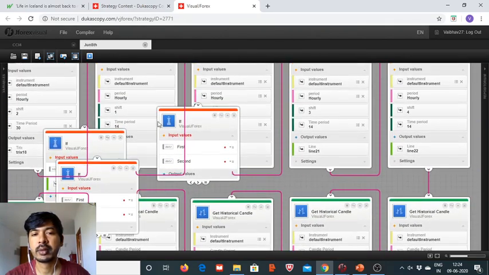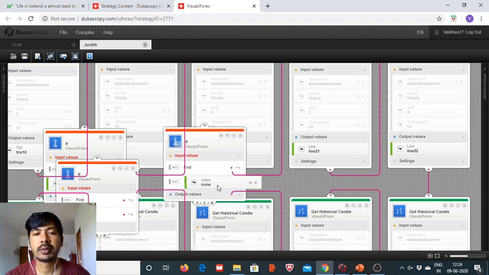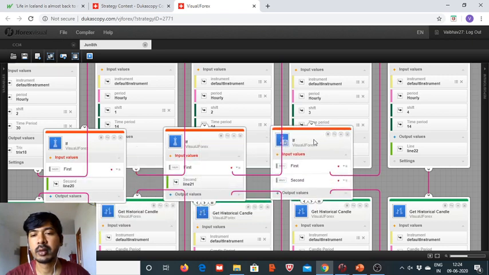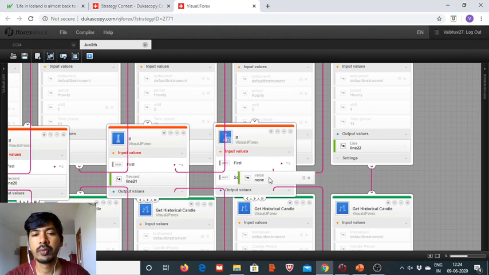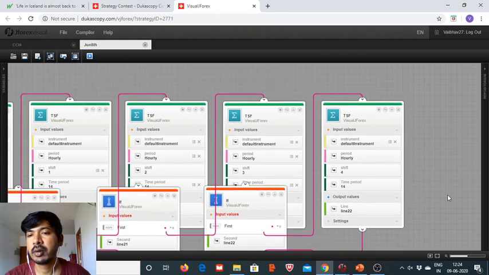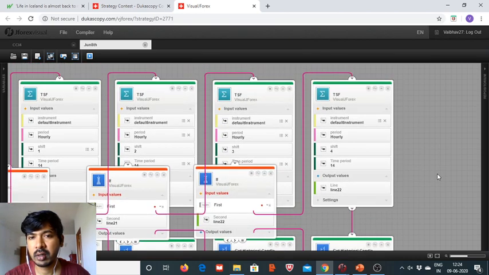Yes, 21 and 22. So here we have got this TSF data,